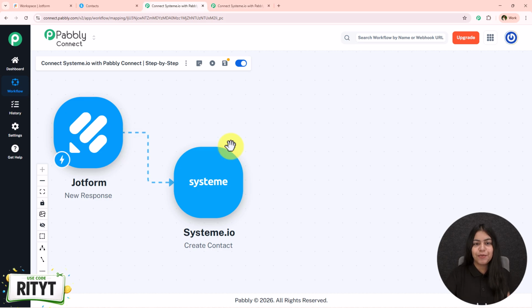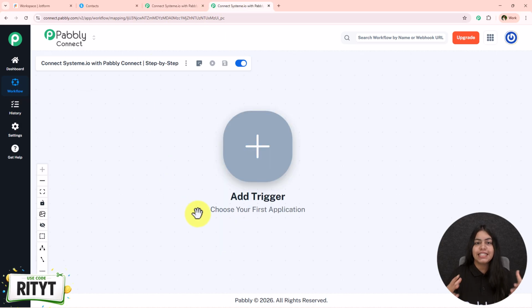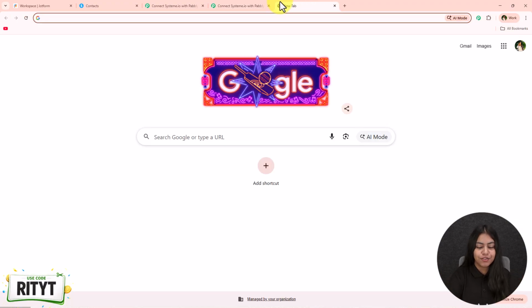So now you have seen the proper working of this automation. Now let's see how to create this. To create this, you just have to open your workflow builder inside Pabbly Connect if you are an existing user like me. But if you are a new user, open a new tab and search for